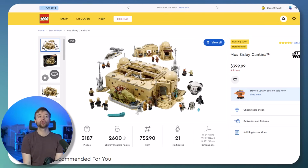3,187 pieces, 21 minifigures. And does this set need an introduction? Probably not, because you've seen it, you've talked about it, you've looked at it. It's a $400 set, of course, and many are wondering, will this be like the Death Stars? Will this be like the Cloud Cities? Will this be like the Ewok Village set? Interesting to see what's going to happen with this, but already we see value starting to rise on Mos Eisley